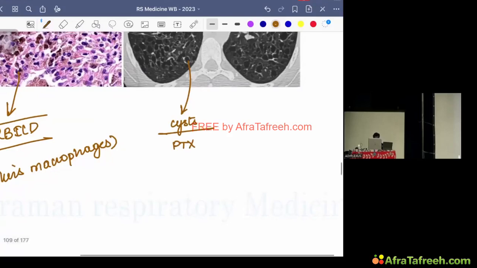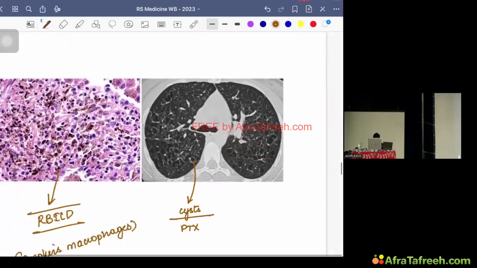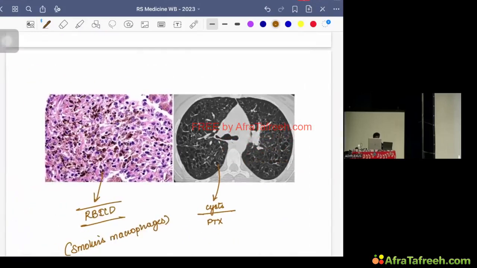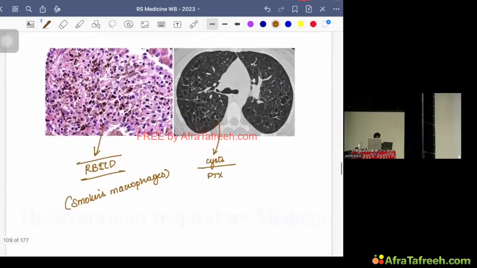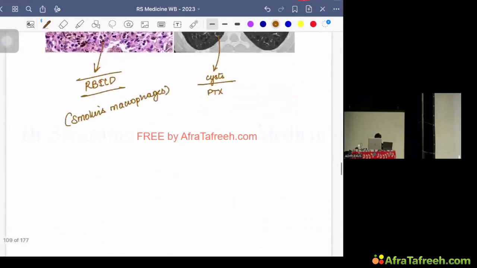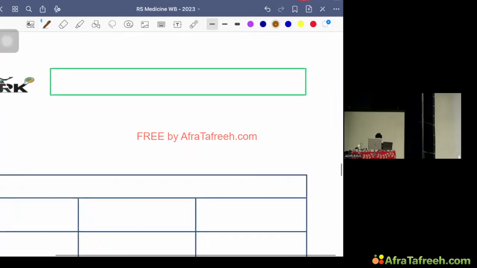This is what you get to see in smoking associated ILD. Then the next condition is going to be